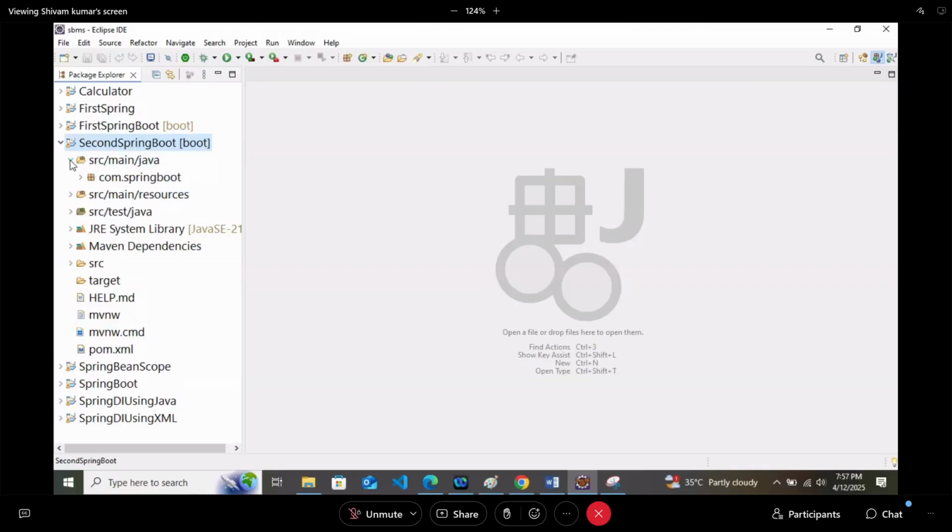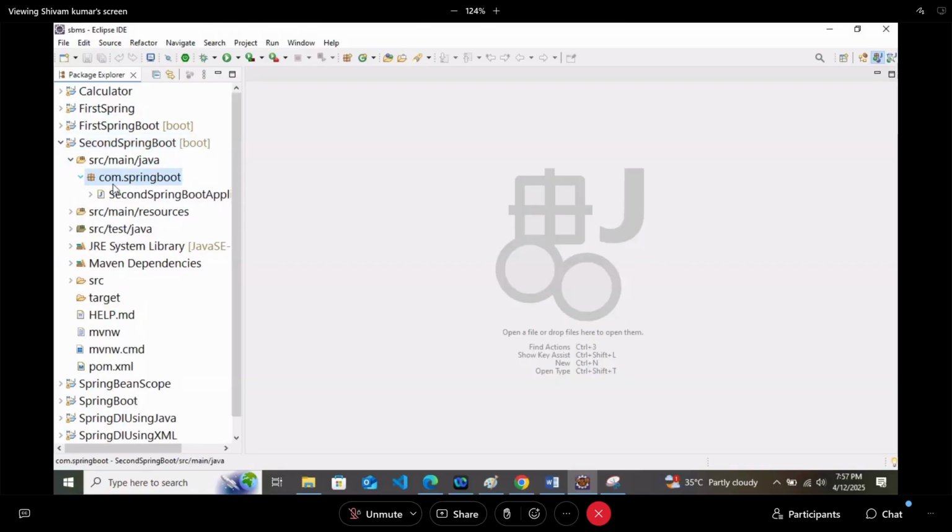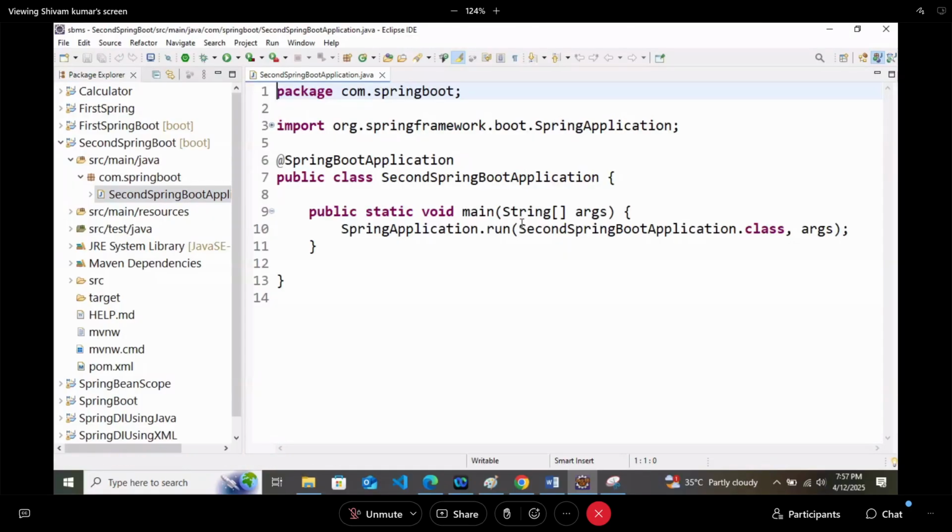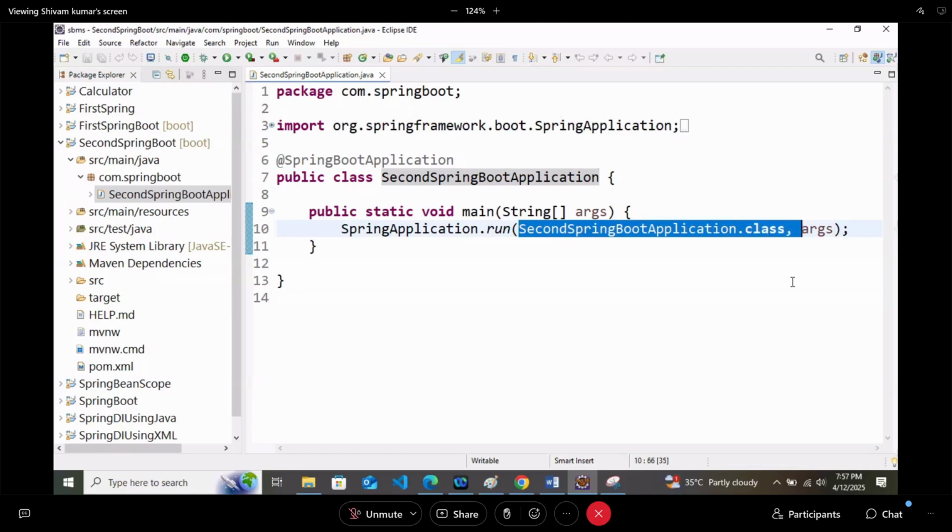Open src main java com.springboot. Again we get the Second Spring Boot application, and this also comes with the same command, SpringApplication.run(SecondSpringBootApplication.class, args). So it is also coming like that.